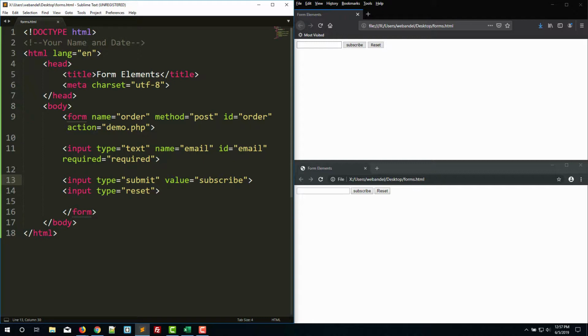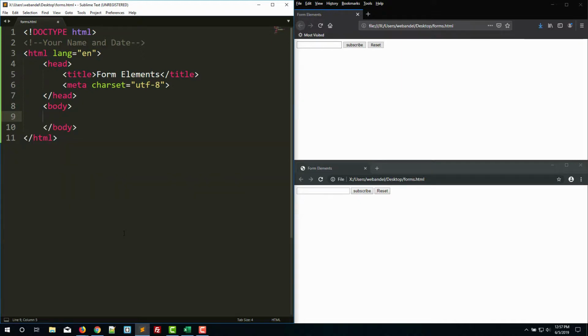Alright, so we're going to go ahead and start actually coding. What we're going to do is just kind of add information and turn it into a long form. So I'm going to delete all of this. We'll end up essentially recreating it as we go along. I'd like to start fresh. So we're going to create a form. And in the form